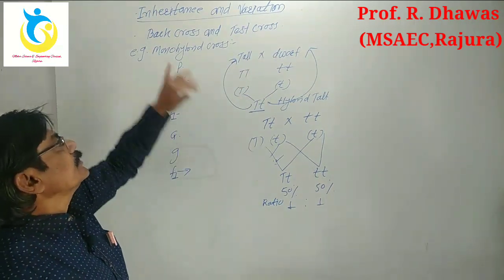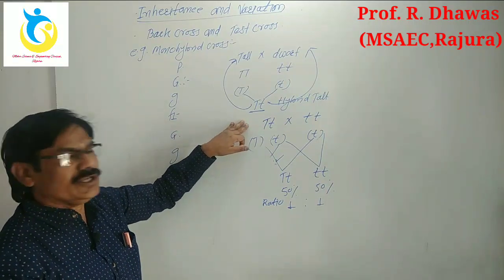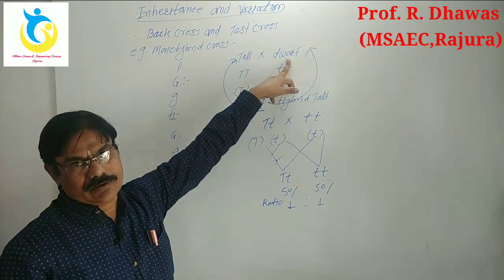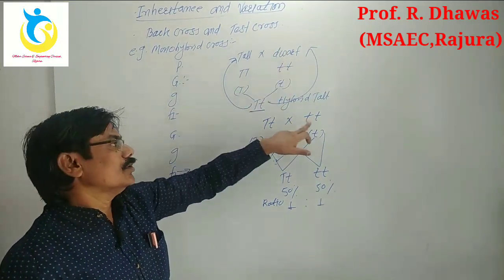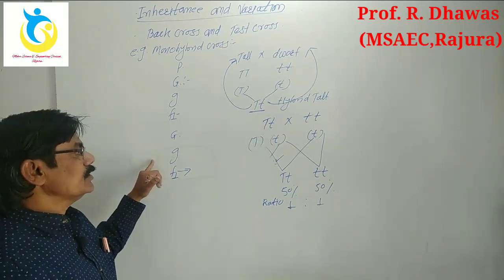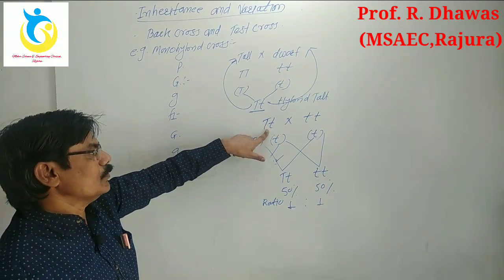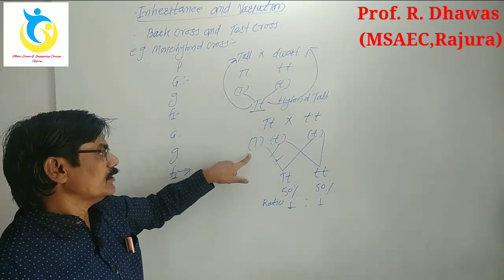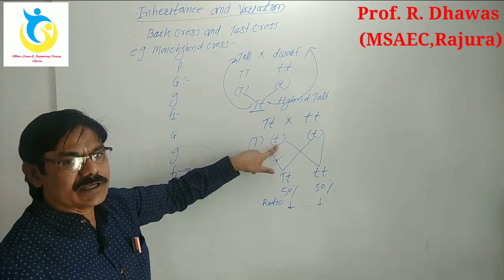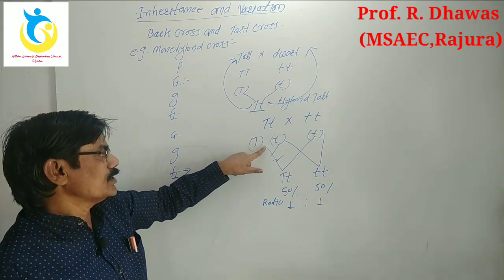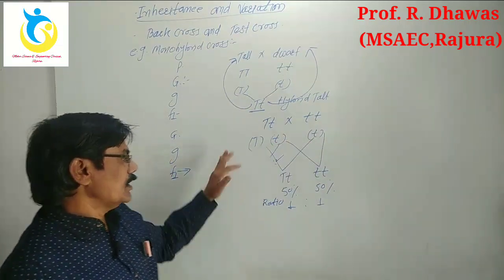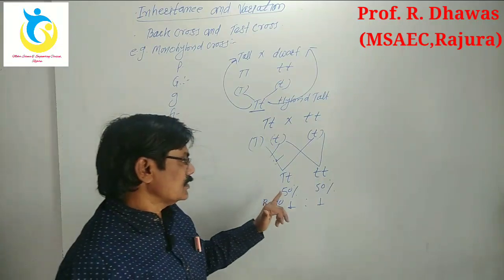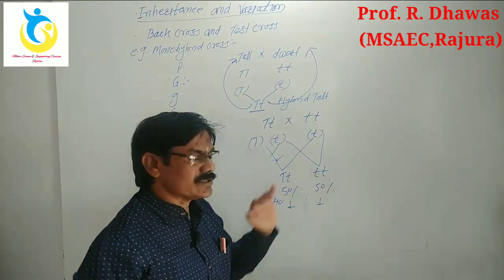How do we define this term? Test cross is the backcross in which the F1 hybrid is crossed only with a recessive parent, a homozygous recessive parent, small t. As we considered here, the genotype of F1 is capital T small t and the genotype of dwarf is small t small t. This gives gametes having capital T and small t alleles in the heterozygous condition, but the other is homozygous, and the result is the same as one of the backcrosses with the dwarf, that is 50% tall and 50% dwarf.